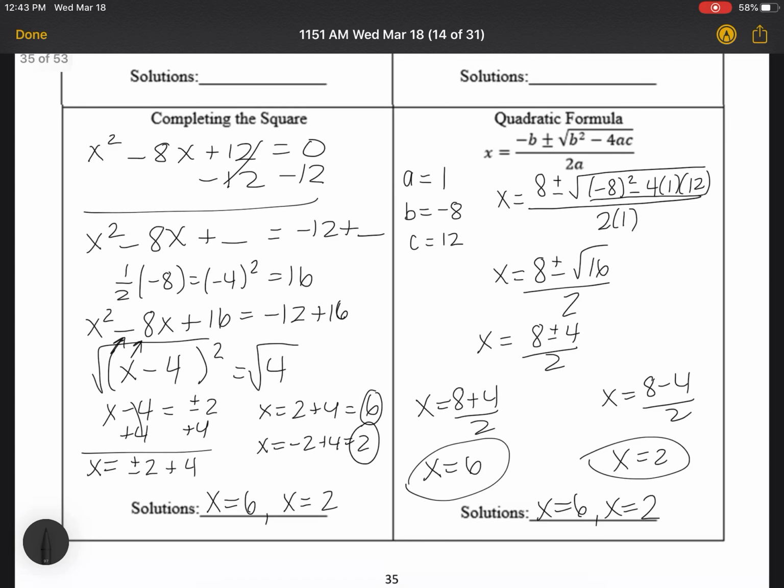Okay, so just notice no matter which way you solve a quadratic, you still are getting the same exact answers. So like I said, go ahead and try the next couple on here, solving it all 4 ways, just to kind of practice on those skills and to make sure that no matter which way you are going to do this, you are getting the same solutions in the end. The answer key for numbers 1, 2, 3, and 4 are on Schoology, so if you try those,